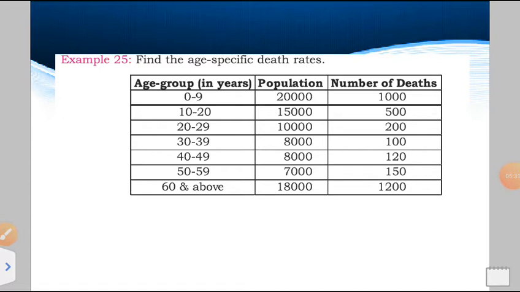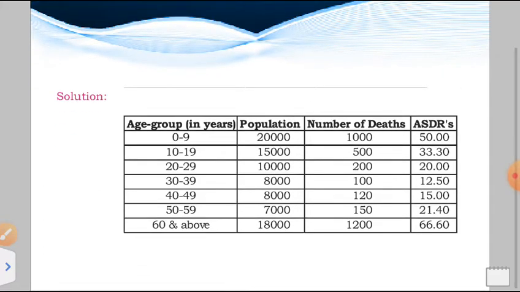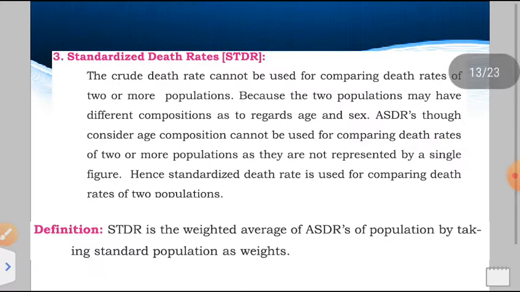Here again we have to find out the age specific death rate for the whole population, where the ages are provided to us in groups. So again we have to create a column, because for all of these age groups we are looking for the age specific death rate. So we maintain a column and calculate the ratio of deaths per population into 1000 for each and every age group. We see how it's coming. So this is how you calculate ASDR in the last column, and this will give you the solution.